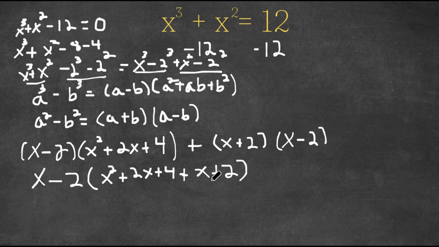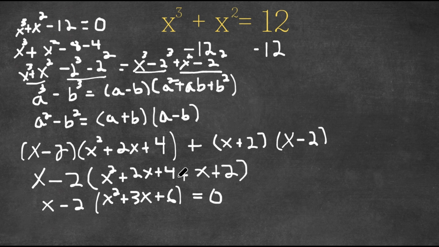And now if we add like terms here, we would get x squared plus 2x and x are like terms, so 2x plus x is 3x, and 4 and 2 are like terms, so 4 plus 2 is 6. So now we get x minus 2 times x squared plus 3x plus 6, and remember, this is equal to 0. So now this gives us two equations. We have x minus 2 equals 0,